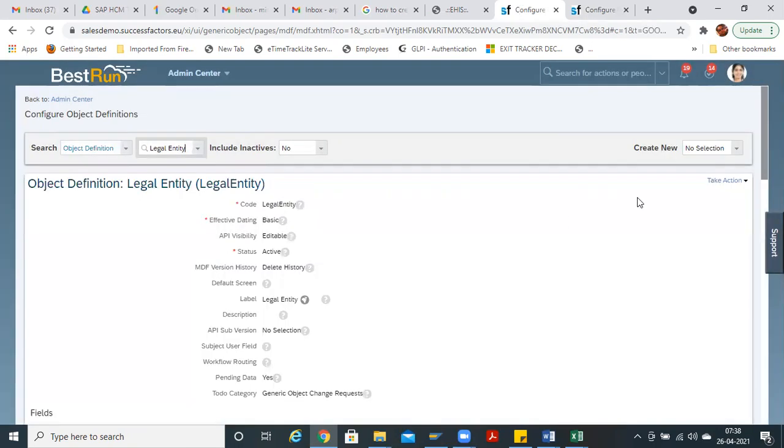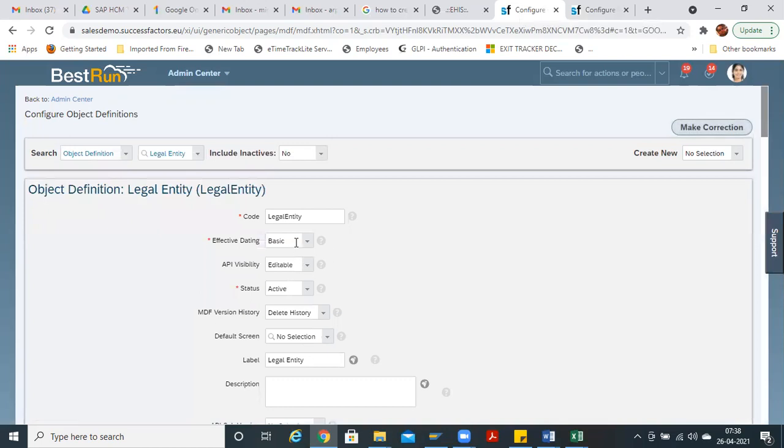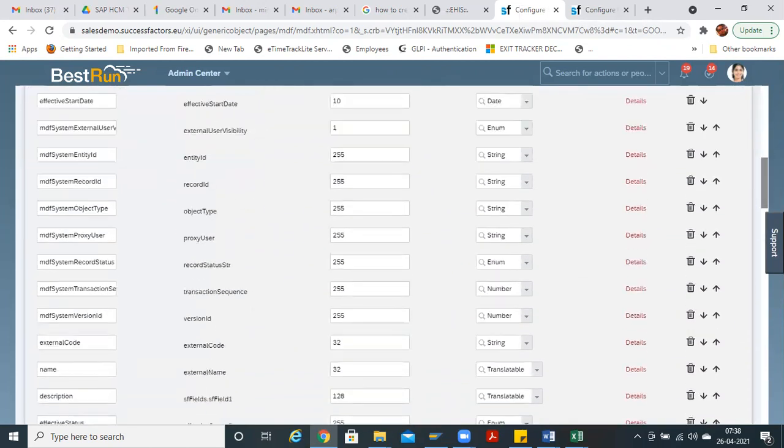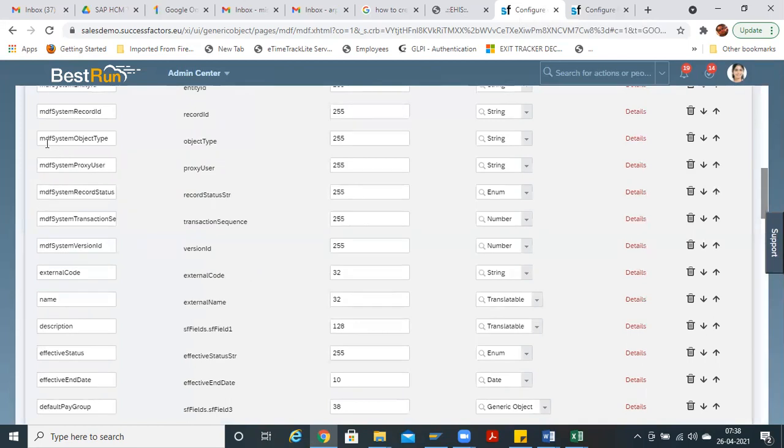If any correction is needed for this object, you have to come here, take action, and make the correction. I explained these fields and basics in my last class, just refer to that. But don't touch the MDF fields.